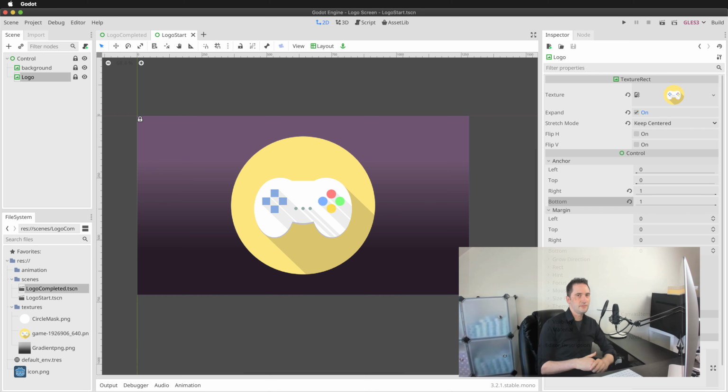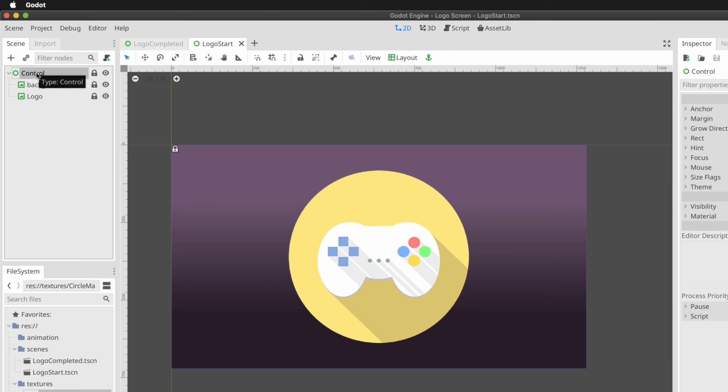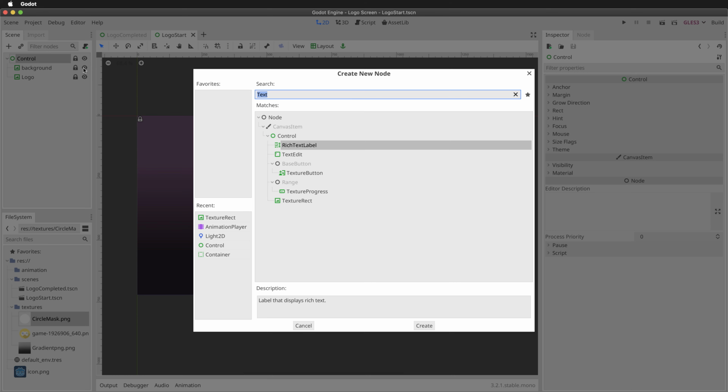The scene is saved. Now our scene displays a logo, but there is no logo unveiling yet. And that's what I want to work on now. So to create a logo unveiling, I'm going to be using this circle mask. This effectively represents the region in which I'm going to hide and show this logo. To do that, I'm going to click on the control, the root object, choose add child node, and I'm going